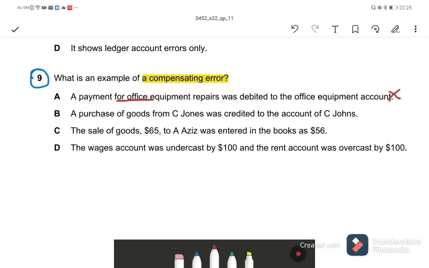A purchase of goods from C. Jones was credited to account of C. Jones. This is not compensating error. The sale of goods 65 to Aziz was entered in the books 56. This is transposition. The wages account was